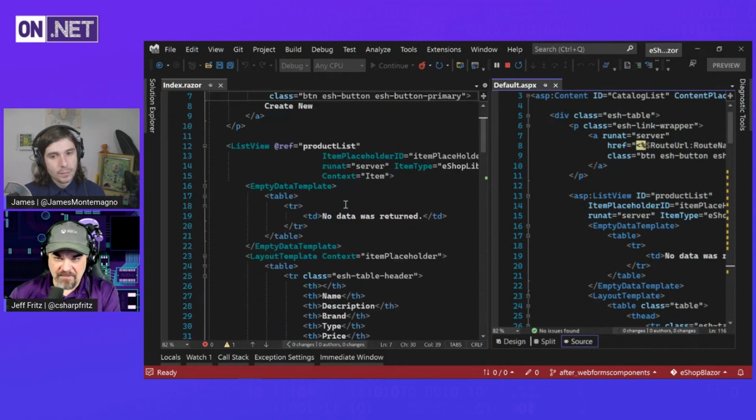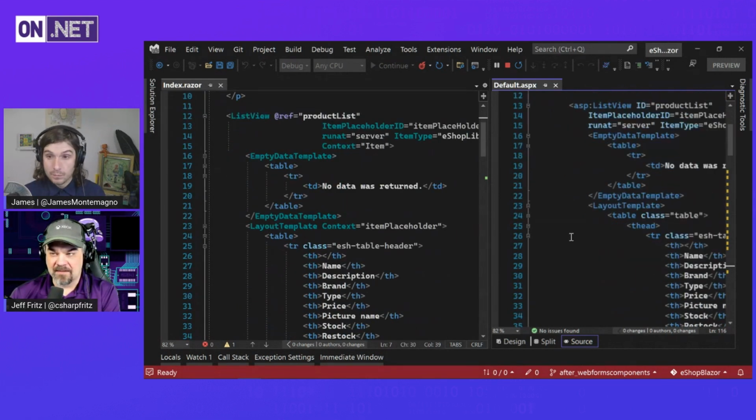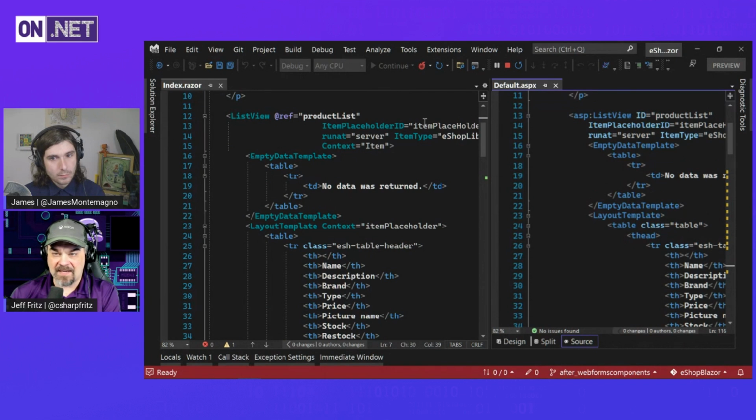But the first big place that we see a web forms component is right here, this list view. Now, it's not ASP colon list view because we don't have ASP colon inside Blazor, but it's list view. And instead of ID, it's ref and it's the same name. And item placeholder, same. Run at equal server, we actually ignore that. The item type is the same on both here. And this context item, that's a little extra bit there so that we know how to refer to the content